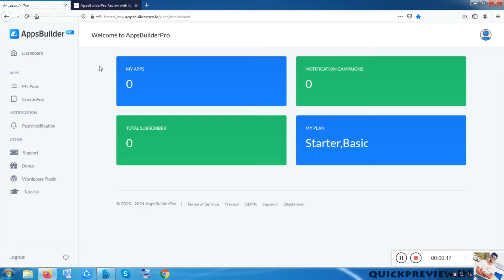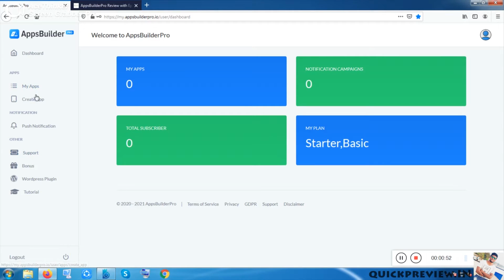Okay, so this is the dashboard. You can see there are not very many options, but very few. On the dashboard there are only some basic statistics, and let me tell you something: this is a review version. That is why maybe so many options are not there in this version, but once you have purchased this, maybe there is more on your dashboard, and in your options and menu section also.